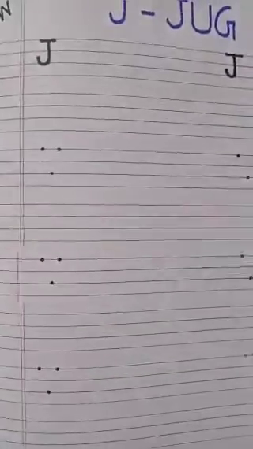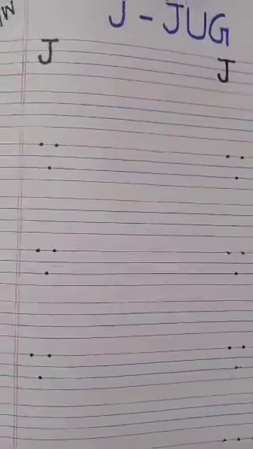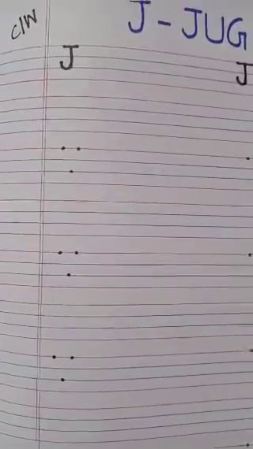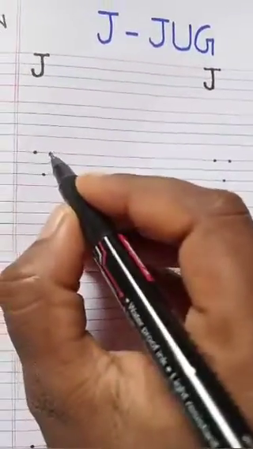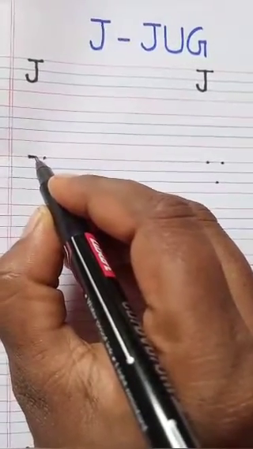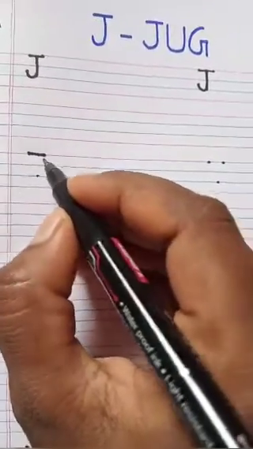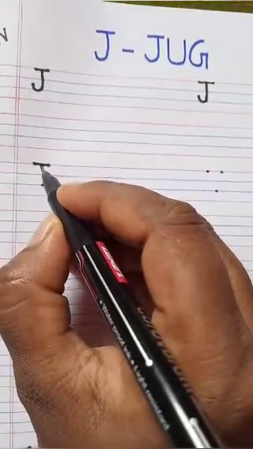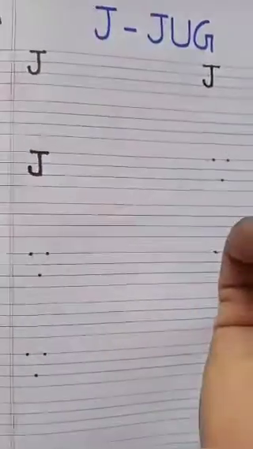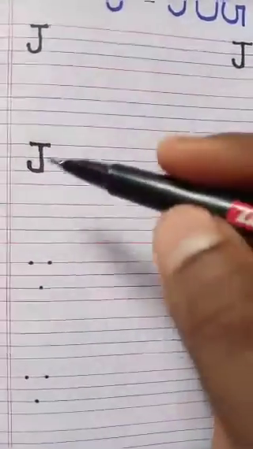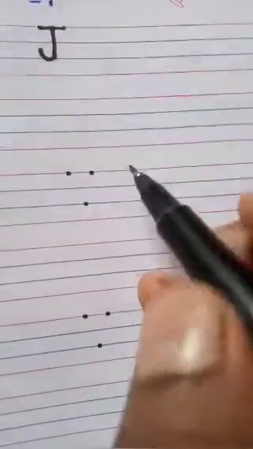Look at these dots. With the help of these dots, we write letter J very easily. So kids, let's write. And look here very carefully. First of all, kids, put a pencil on the dot and draw a sleeping line like this. In the middle of the sleeping line, draw a standing line and draw a small curve like this. Letter J. Again kids.